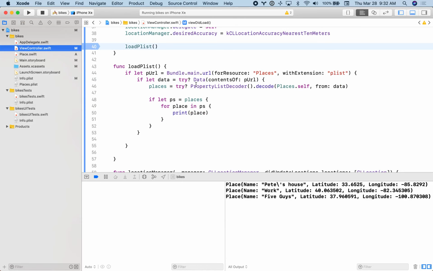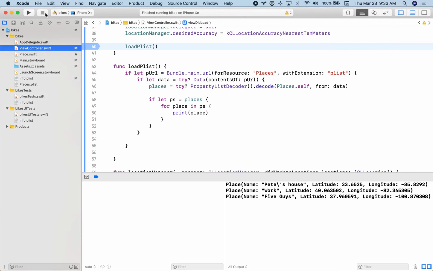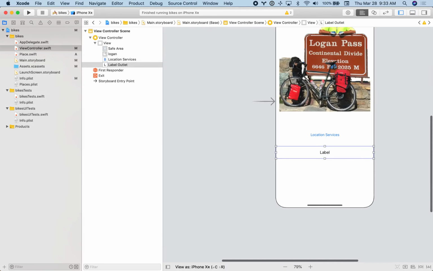So this is all you need to do to load one of these property lists. You have to get the URL for it, you turn it into a data, and then you decode that. And all this stuff is optional, so yeah, you can make this a little bit more condensed if you want to. But that's it. All right, so this is working. This is pretty much doing what we want to do. And then the only thing that I want to do is sort of get you excited for next time, maybe,